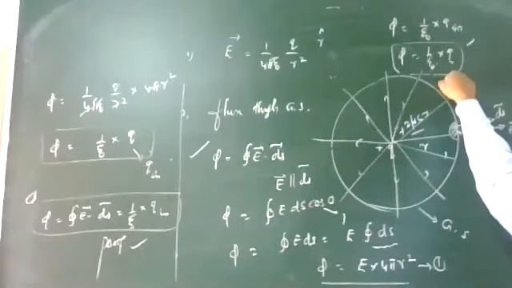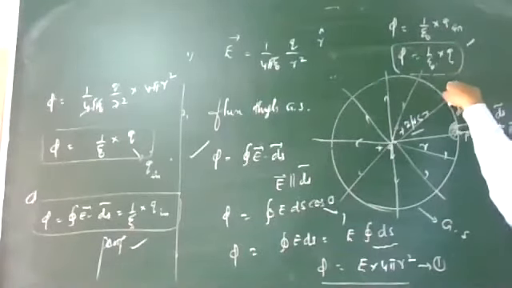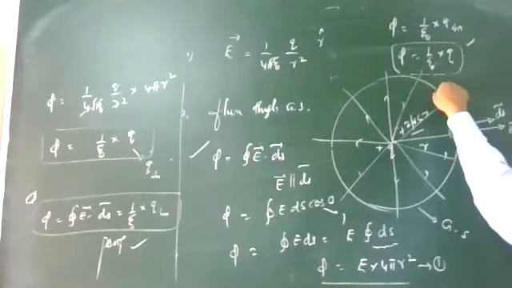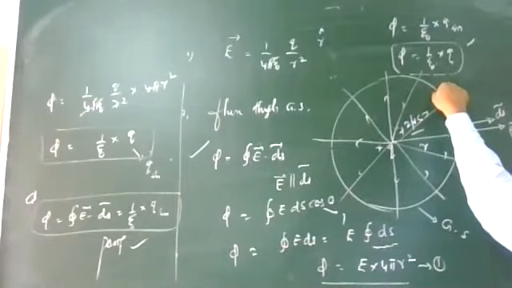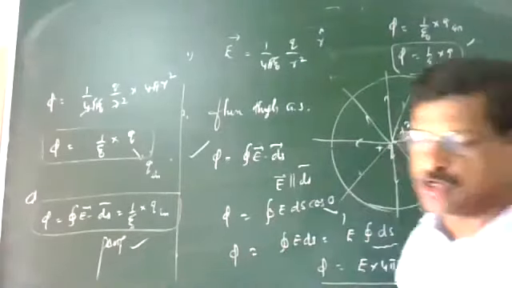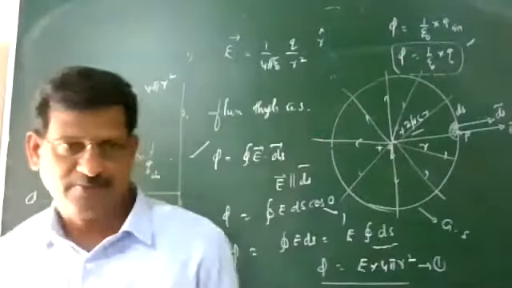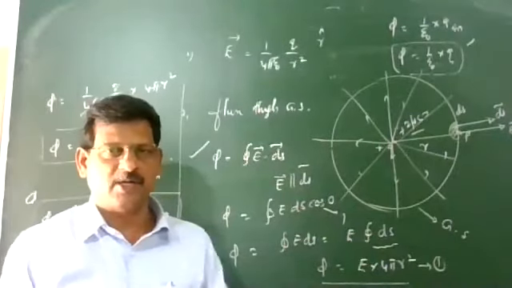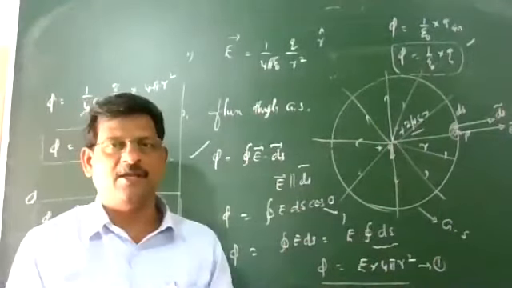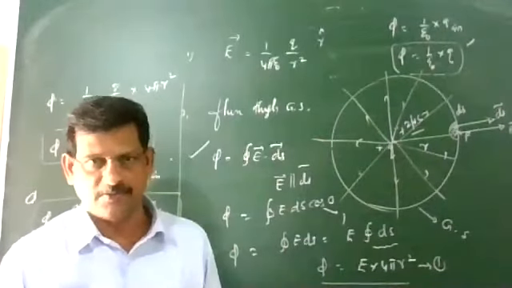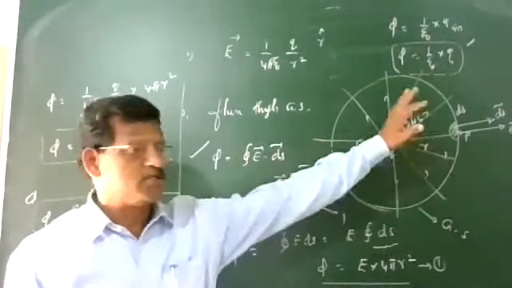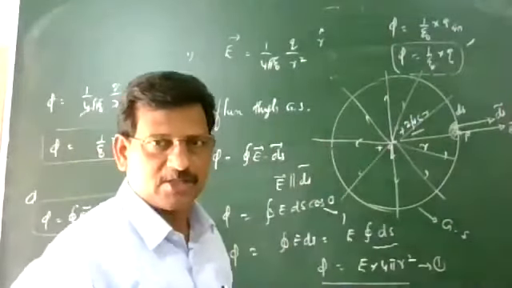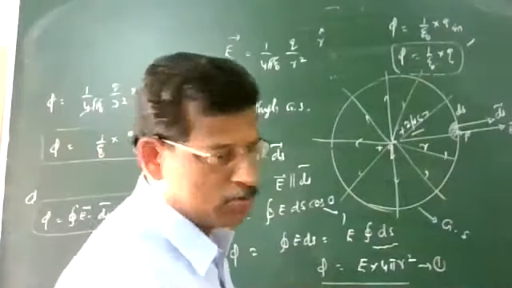Next point: suppose you replace the spherical surface by any other surface, a cylindrical surface or a cubical surface, there will be no change in the flux. Flux value remains the same. It is independent of the size or shape of the surface that you are considering. Whether you take a small sphere or a bigger sphere, independent of the size and independent of the shape, very important point. Across the spherical surface, if we construct a cylindrical surface also, there will be no change and flux remains the same. Cubical surface also, you keep, there will be no change, flux remains the same.